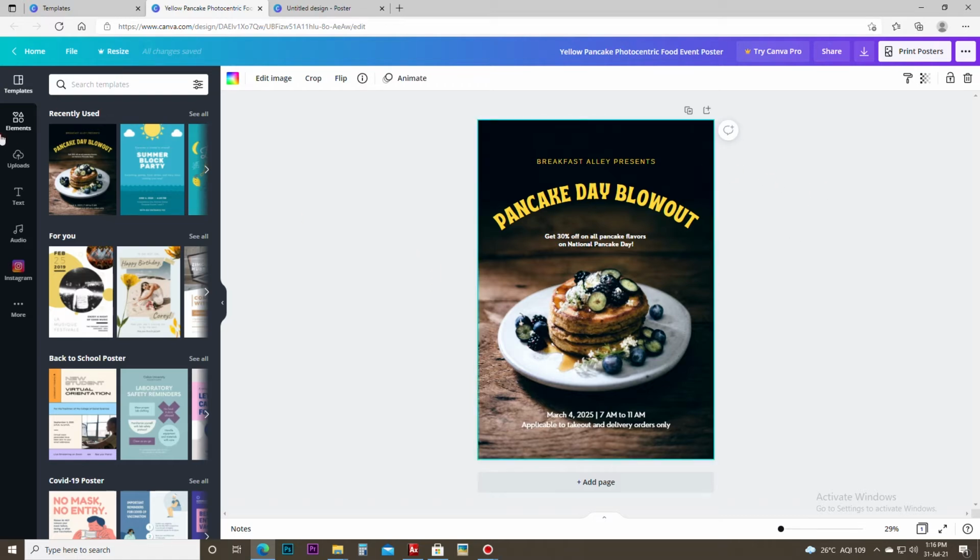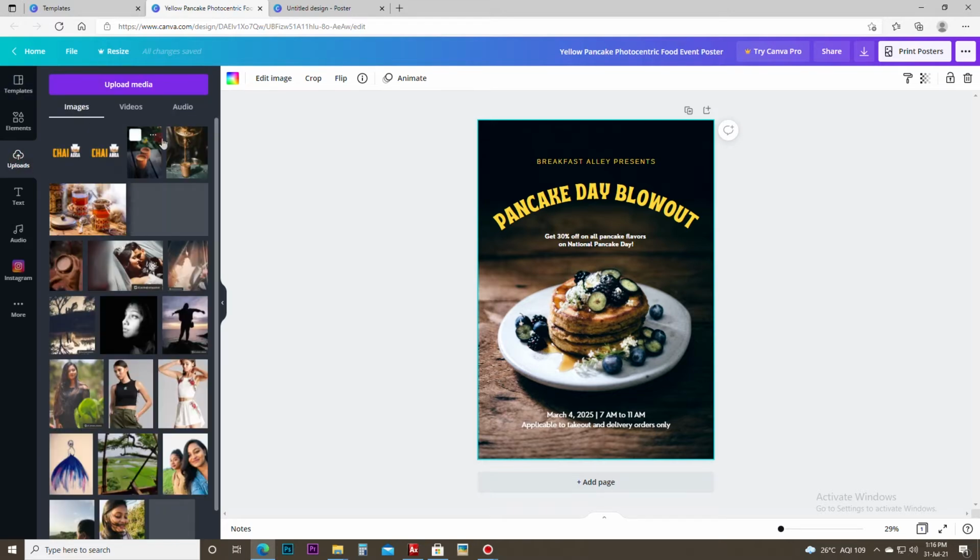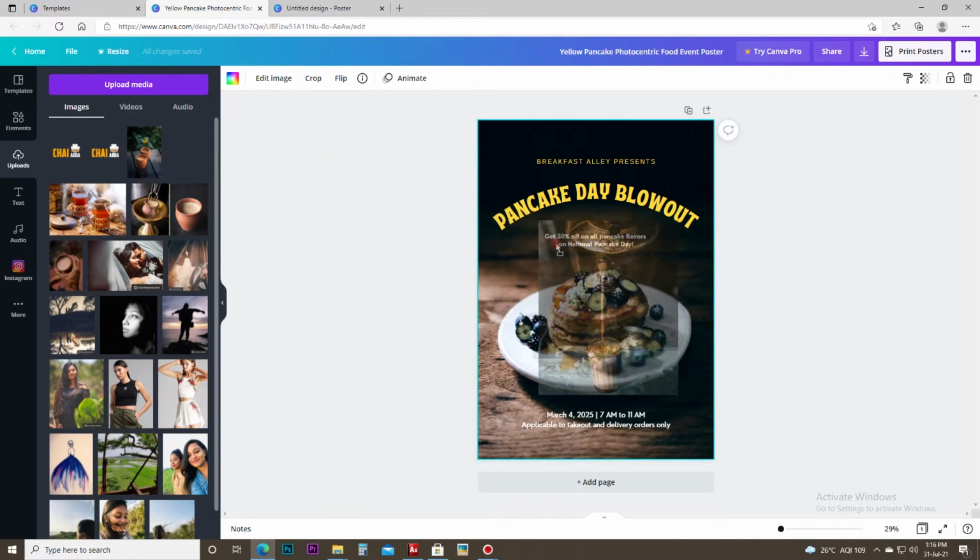So I'll come to the option upload. As you can see, there are many images, posters, and all of the stuff which I already downloaded. You can see the one which I have used in that, and I have the logo of my customers. What you have to really do here is, because I had selected this image, you just have to click on the image and drag it here. You can see that it's coming in the background. So just drag it and leave it here.